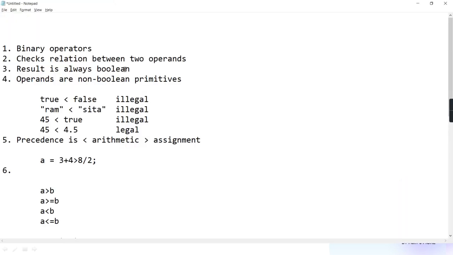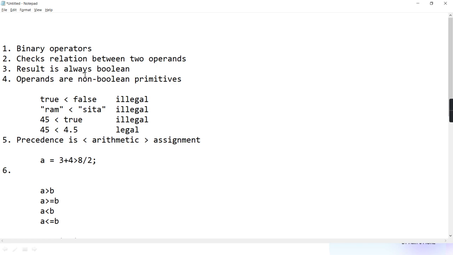Okay? So quickly we will just recall here. First of all, I told you all these relational operators are binary operators. Second, they check the relation between the two operands. Relation checking means whether one is less than the other or greater than the other. The result of all these relational operators is always Boolean.